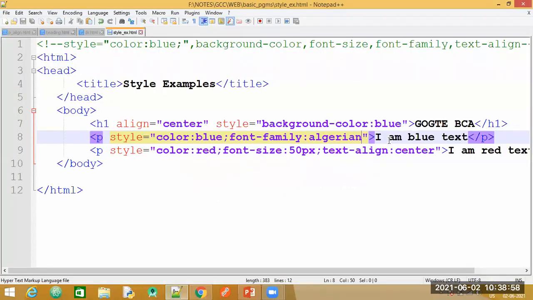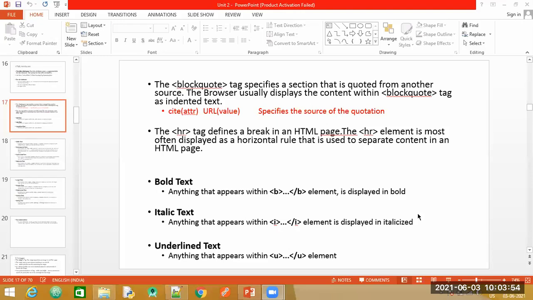Inline in the sense they are applying only for this particular text or this particular sentence that you have written within these two tags. They will not be applied to all the other text that is visible in your document. So this is about the different tags. We will see the next tags. Few of them are there on this slide, and as we proceed with the examples, we'll move ahead with the remaining tags. So have a look at the slide.